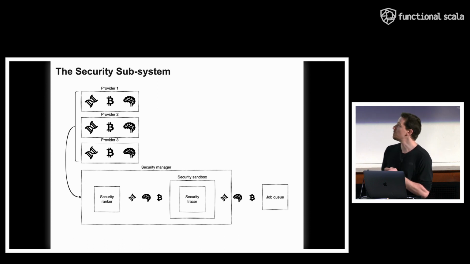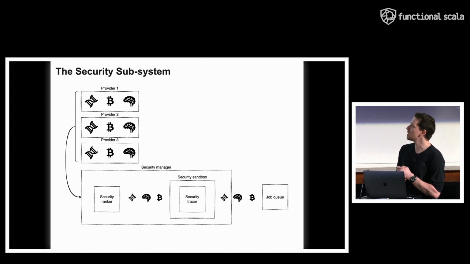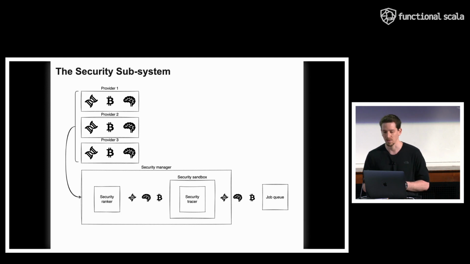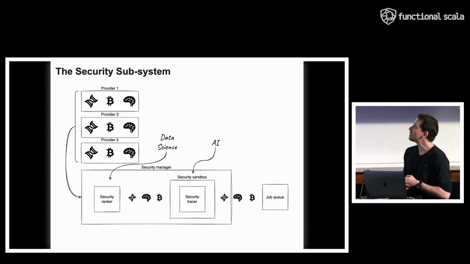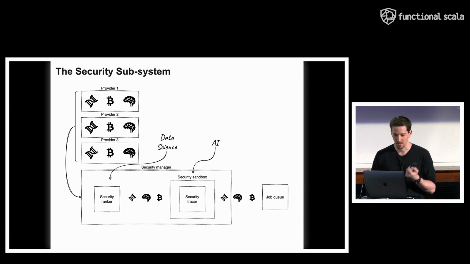This is the most fiddly part of our system because it's an expensive resource that requires careful management. And of course, we can't do anything without buzzwords, so we're using data science for the ranking. We're not just ranking or predicting stuff. And we have AI to do the tracing because